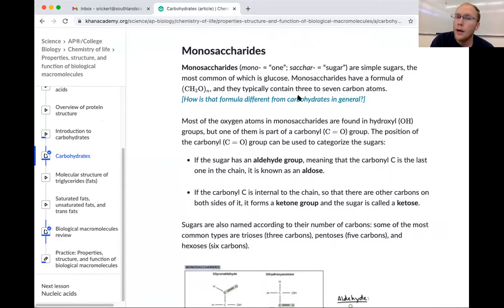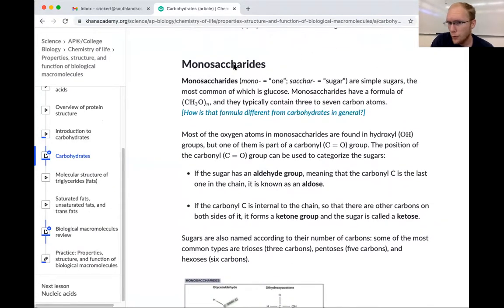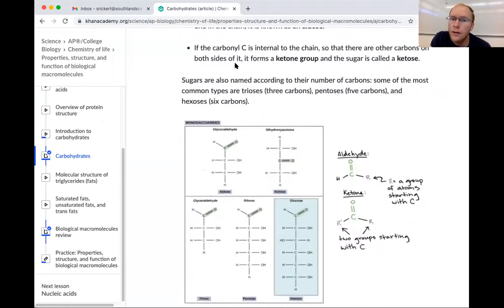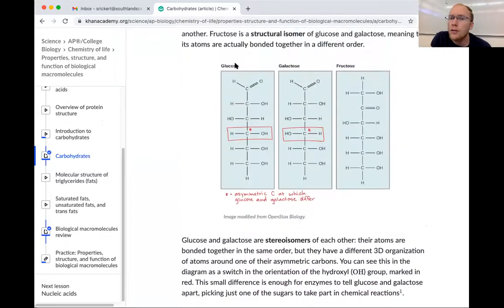Okay, so monosaccharide is when you only have one. So this is not a long monomer. You just have one sugar floating around. And the most common sugars that we see